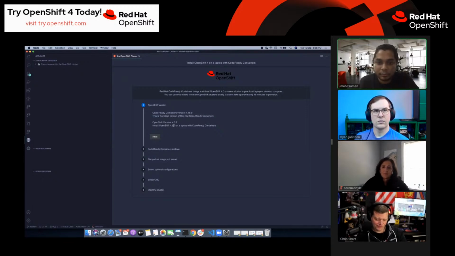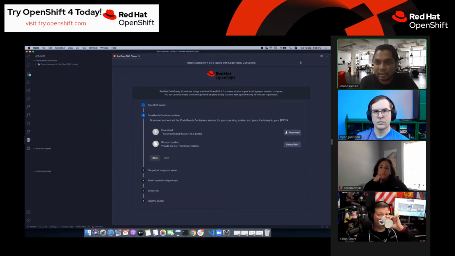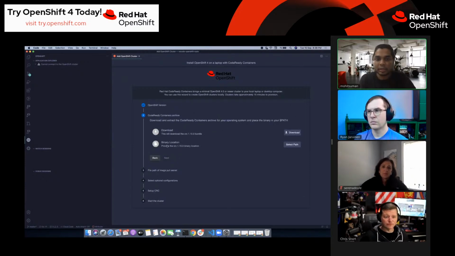And with this, we support OpenShift 4.5.7 instance of OpenShift cluster. So once this information is there, you just go ahead and click next. So here you see there are two options. If you need to download the bundle which comes with CodeReady Containers, the bundle size is approximately 2 GB